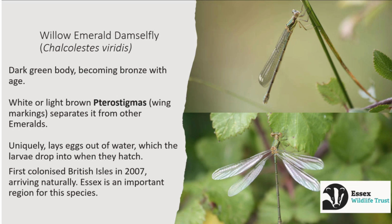It cuts a small groove. You can see the female in the top photo, the slightly thickened end to the abdomen. There's a structure there that's almost like a blade that she uses to cut a notch in the marginal vegetation or the overhanging vegetation and lays her eggs in there. Perhaps it gives them some additional security from aquatic predators, although presumably it would expose them to a different suite of terrestrial predators, but perhaps they're well enough